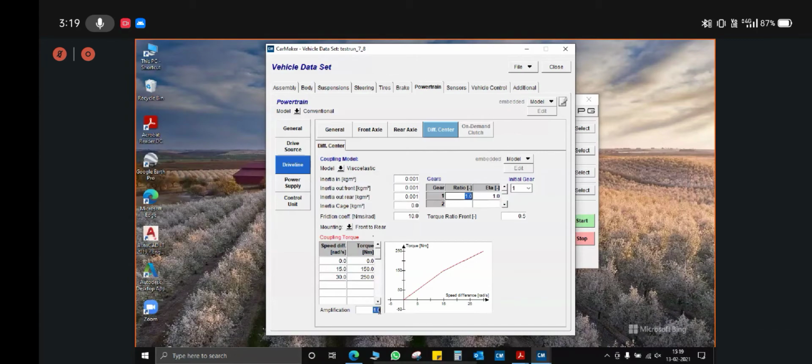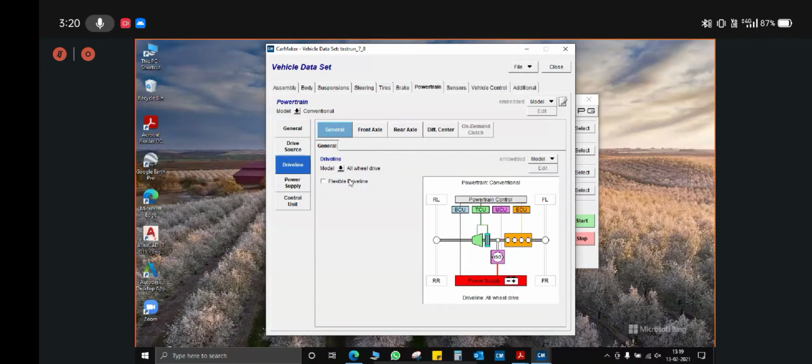Regarding this, to help you select a particular mounting, you can refer to the IPG user's guide. It is clearly mentioned, and it will definitely help you to select the value that you want as per your design. So currently I have selected a rear drive. Okay, for the MBAHA teams, you have to simply skip this power supply tab.